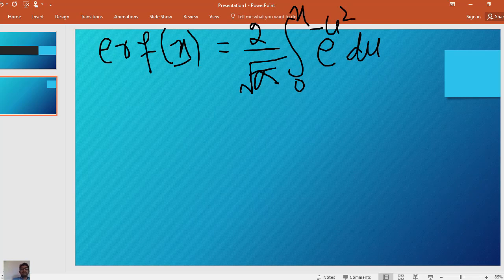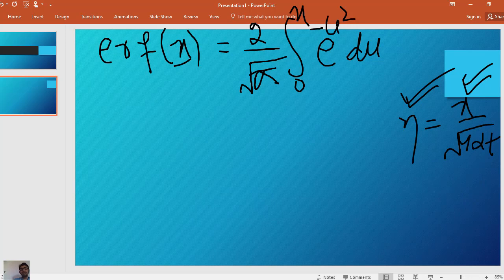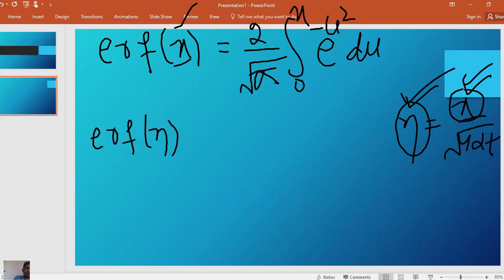So in heat transfer in the semi-infinite solid, we know that the similarity variable is equal to x divided by root of 4 alpha t. When x is equal to 0, the similarity variable will be 0. When x tends to infinity, the similarity variable tends to infinity. So when x changes, the similarity variable changes, and in place of x we can put the similarity variable. So the error function of the similarity variable is equal to 2 divided by root pi, integral from 0 to